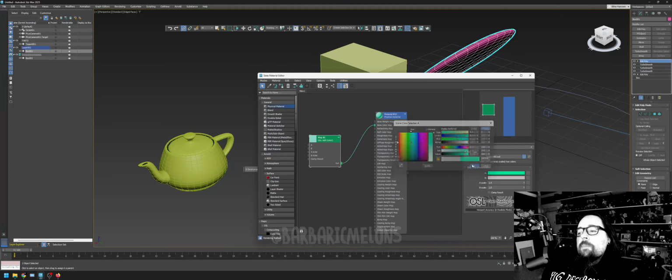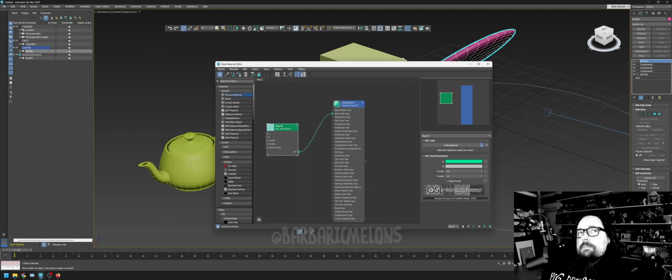Okay, so this is technically a node-based material system. 3D Studio Max only got this like 8 or 10 years ago. They were kind of behind the times. Things like Blender and Maya have a very good node-based system. I mean, Maya uses Arnold as well,